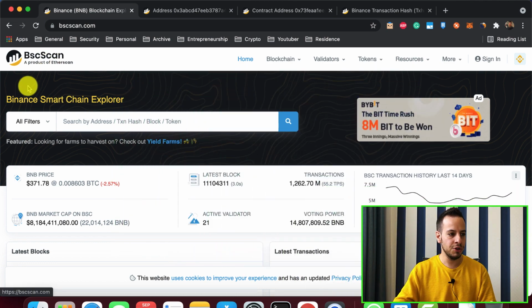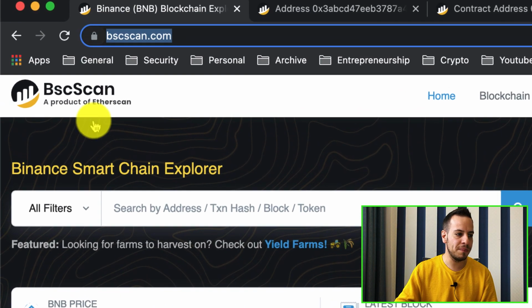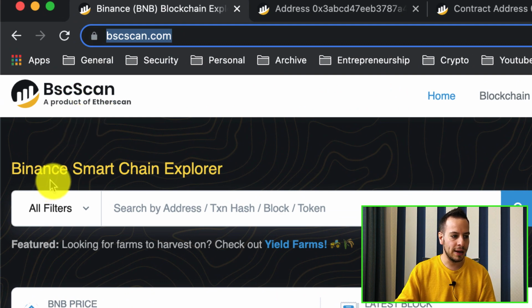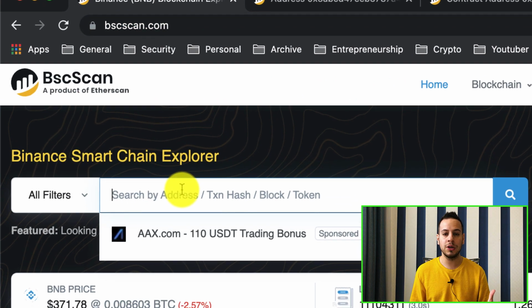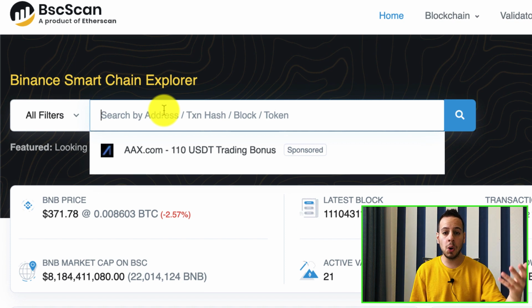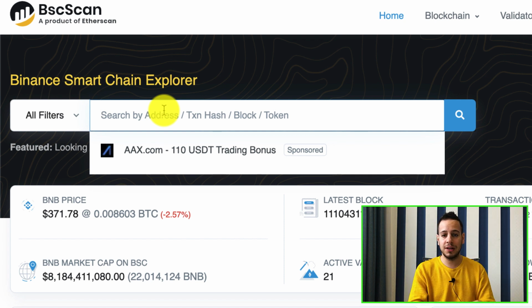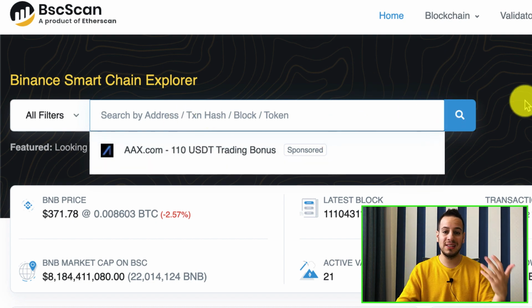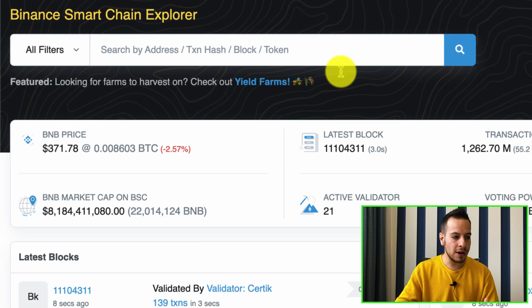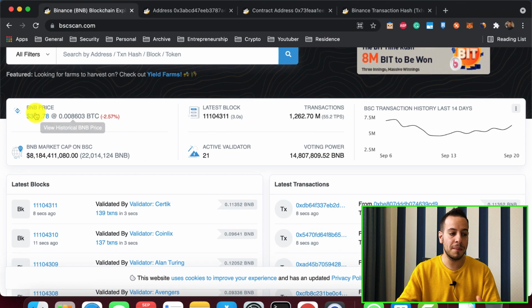So this guide is for you, and this is the main page of BSCScan. You can see here this search bar where you can search addresses, tokens, contracts, transactions, everything; you can search by hash. So you can search a wallet address, you can search a transaction hash, and it will get you to your desired search. Let's scroll down a bit, and here you can see a summary of the BNB price,